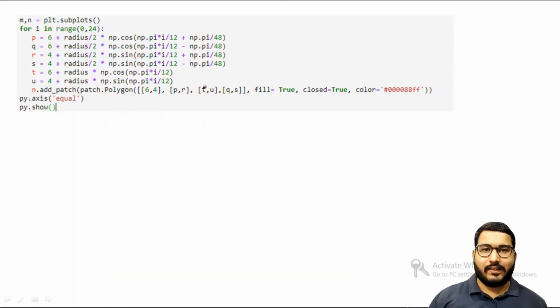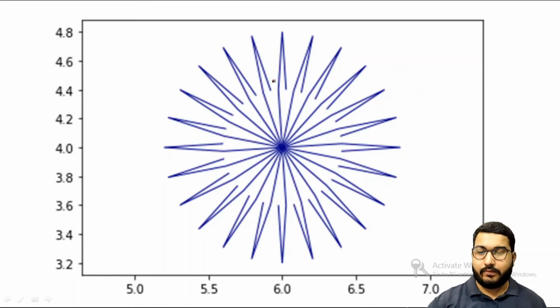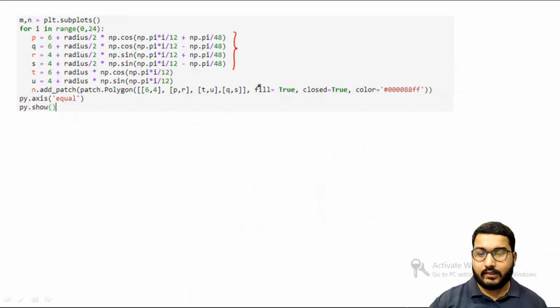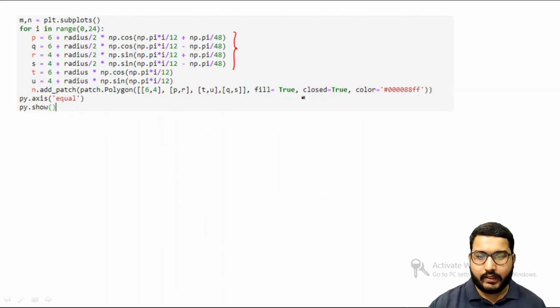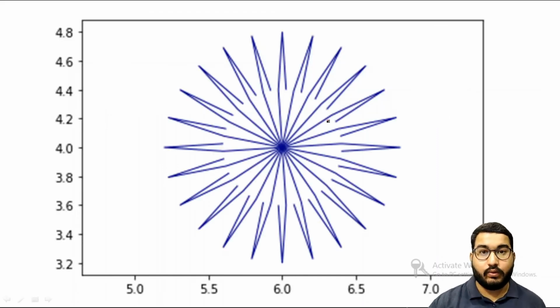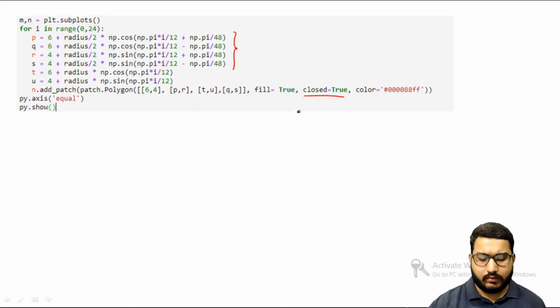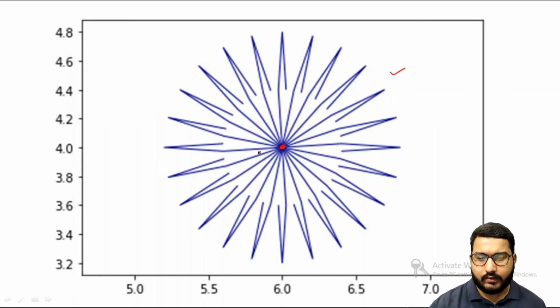Now let's try to understand what is happening in this particular code. So first of all, let's try to understand what this figure is. If you look over here, I have said that close is equal to true. Now if I don't put close is equal to true, I will get a figure that is something like this. Now this particular center is your 6 comma 4, which you already know.